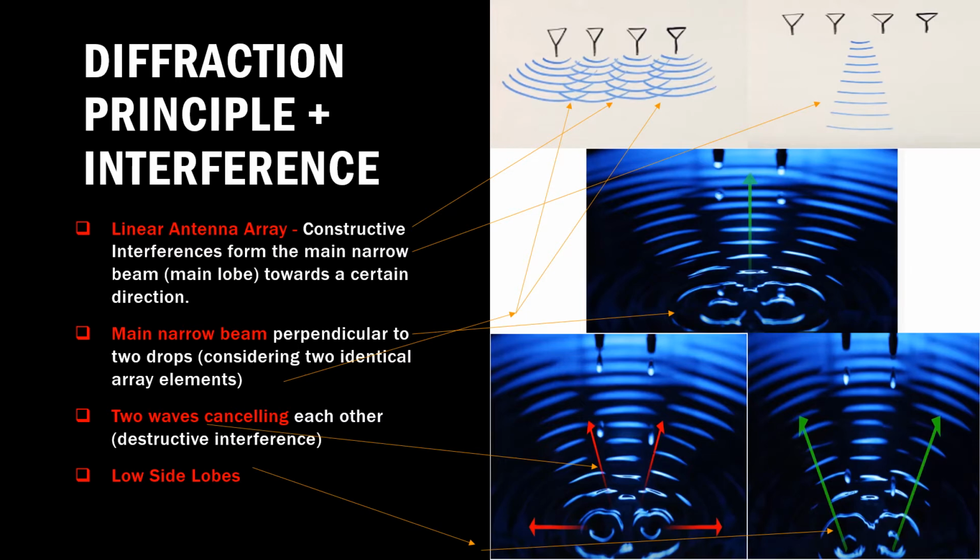There is a probability of getting overlapped here, here, and here as well. In this direction, we have the main lobe, and in other overlapping places, we might have the back lobes and